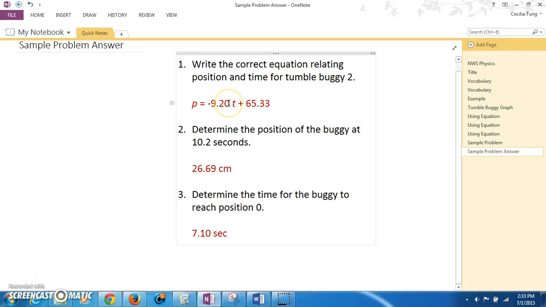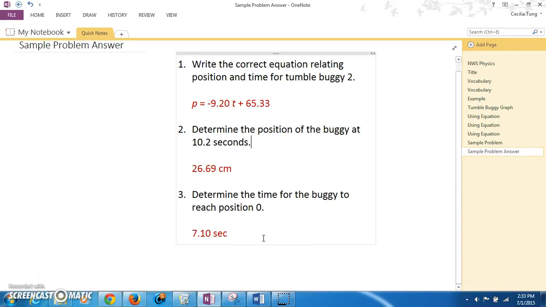It also has a larger value, which means that that tumble buggy was moving faster than the first one. This tumble buggy is moving in the opposite direction and moving back towards the origin of the coordinate system rather than away from it. For number 2, the position of the tumble buggy at 10.2 seconds was 26.69 centimeters, and